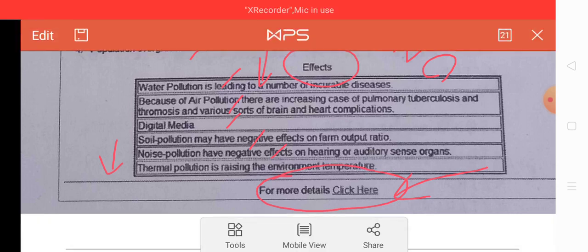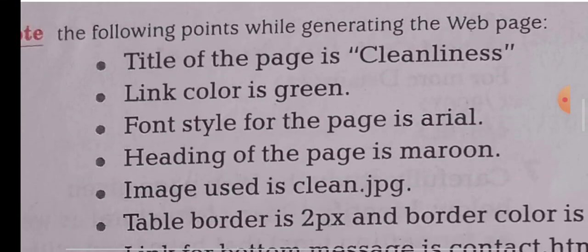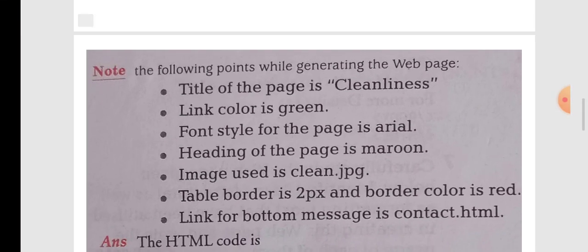So first of all, read the web page carefully, read the content of the web page very carefully, notice all the things that are given in that web page. After that, see the instructions, what the different types of instructions are. If you miss anything, then that is covered by the instructions, and according to the instructions and the content of the web page, you have to make a web page.